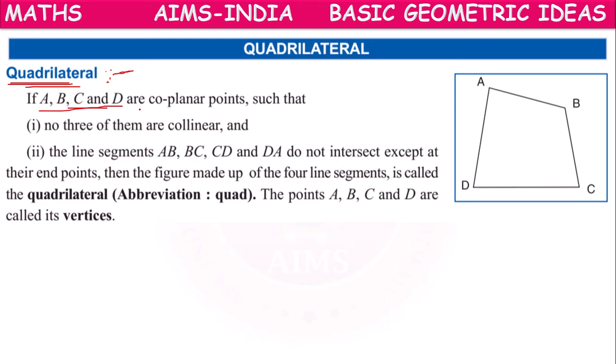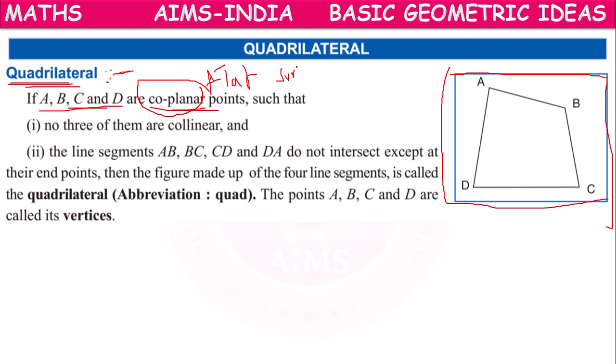if A, B, C, D are coplanar points. What is the meaning of coplanar, children? Lying in the same plane. If A, B, C, D are points which are lying in the same plane. Plane means a flat surface. A flat surface is called a plane. So if points A, B, C, D lie in the same plane,